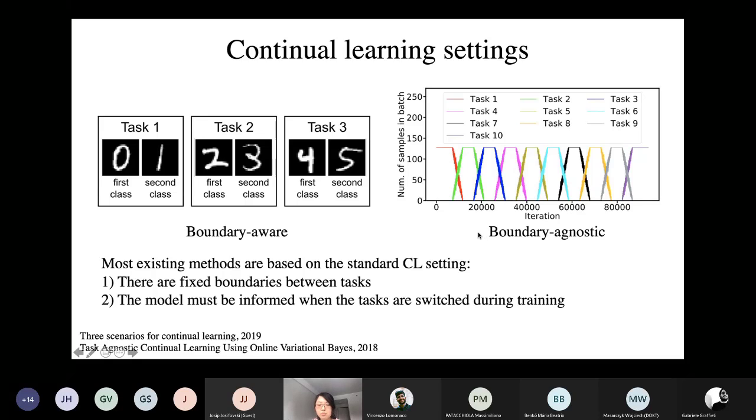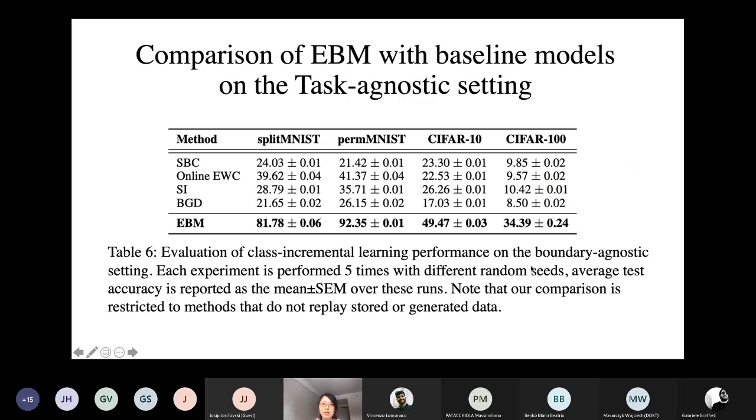But some existing work that relies on the task boundary to decide when to consolidate the knowledge cannot handle the boundary agnostic setting. This is a comparison of our energy-based model with some baseline models, and our model outperformed the baselines by a large margin on 4 different datasets.